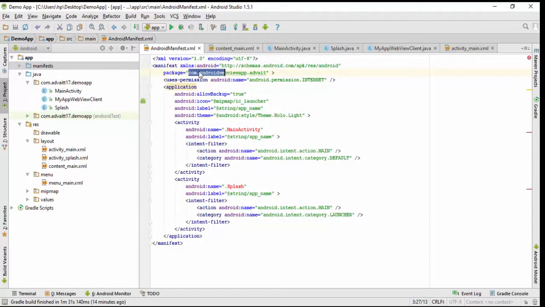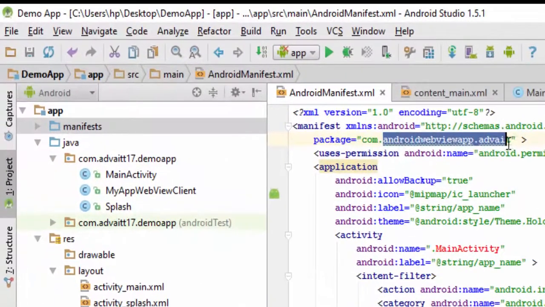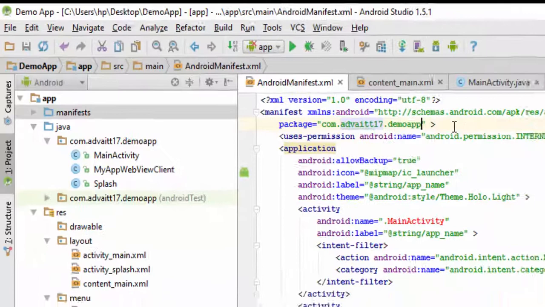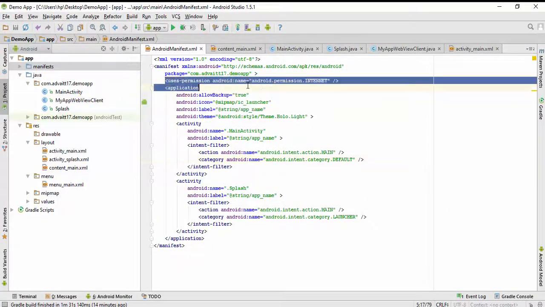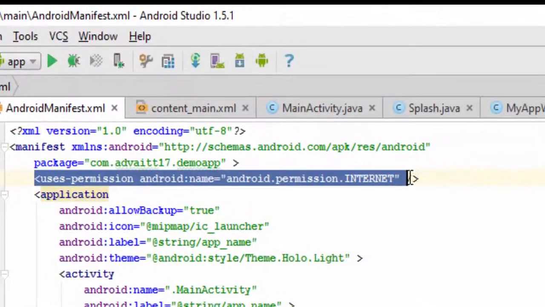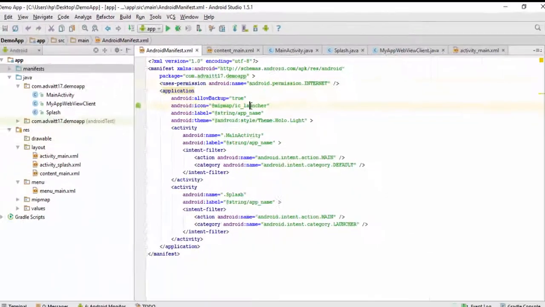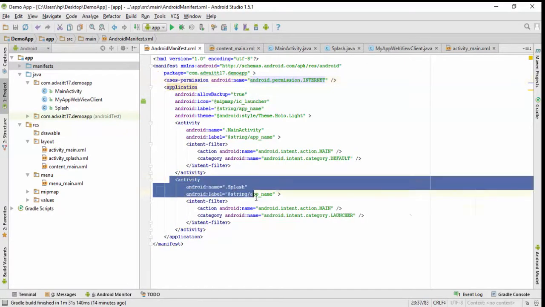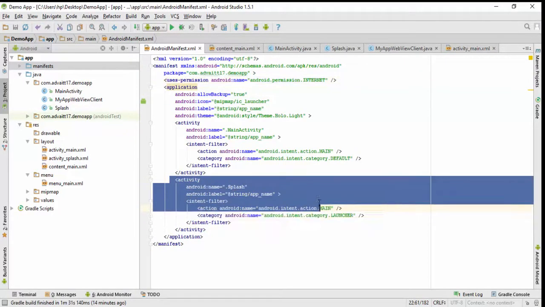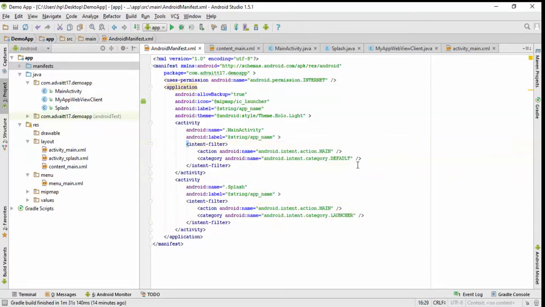Here you can see, I've remembered my package name. Okay. So now we have done. This is a permission we are taking for providing internet connection. There will be only one permission there, and then this activity splash activity. Keep the main activity as default and this as launcher.